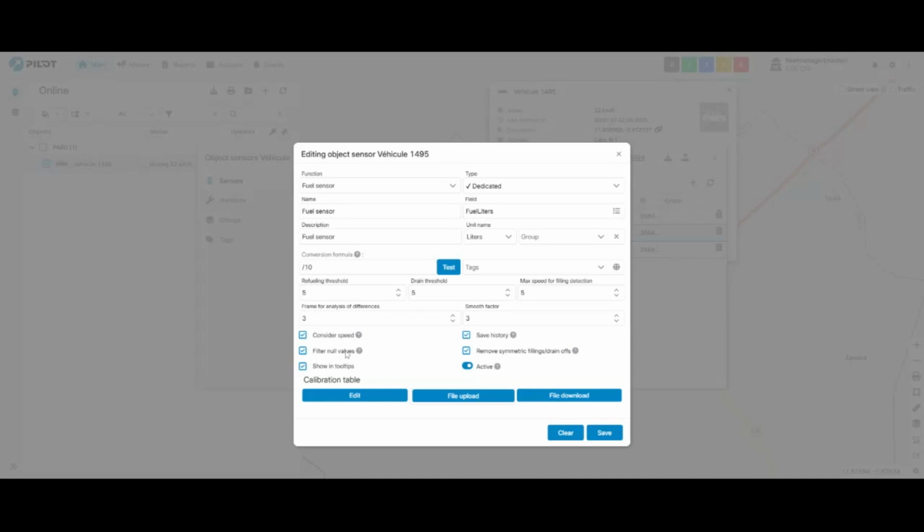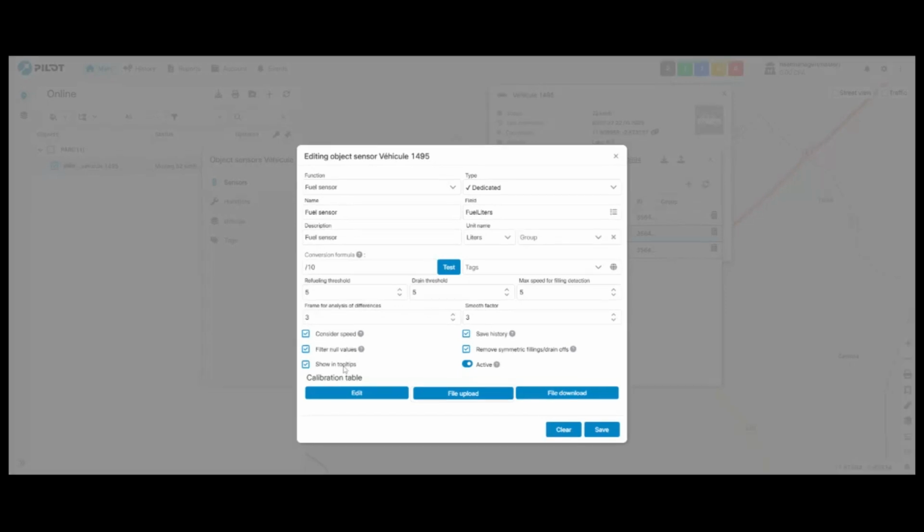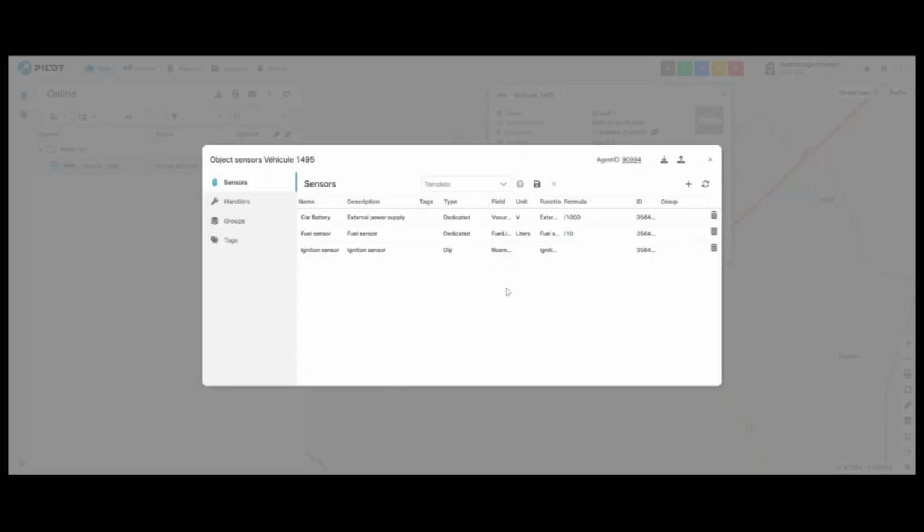The next thing is to filter null value. I can decide to show it in tooltips. I can decide to save it in history, or I can decide also to remove symmetric fillings or drains. For example, if the vehicle is moving or climbing a hill or descending from a steep hill, there will be some fuel changes in the tank. To prevent false drain or false filling alerts, we check this so the system can smoothen your graph. I will save now. And as you can see, we have our fuel sensor here,